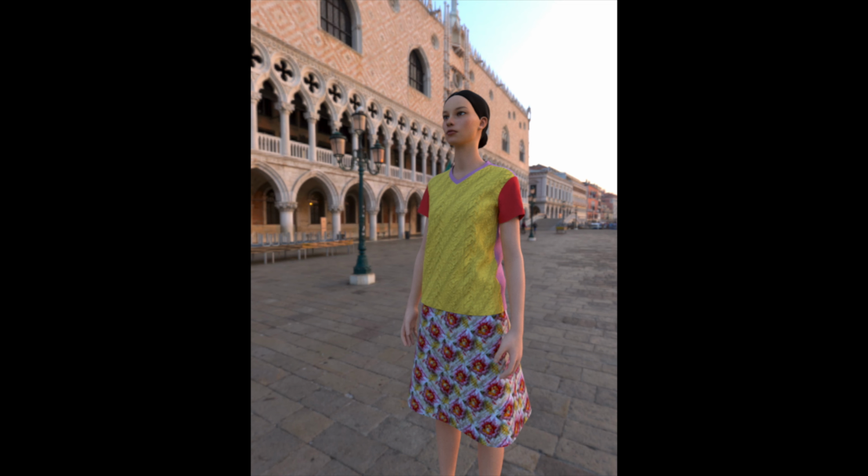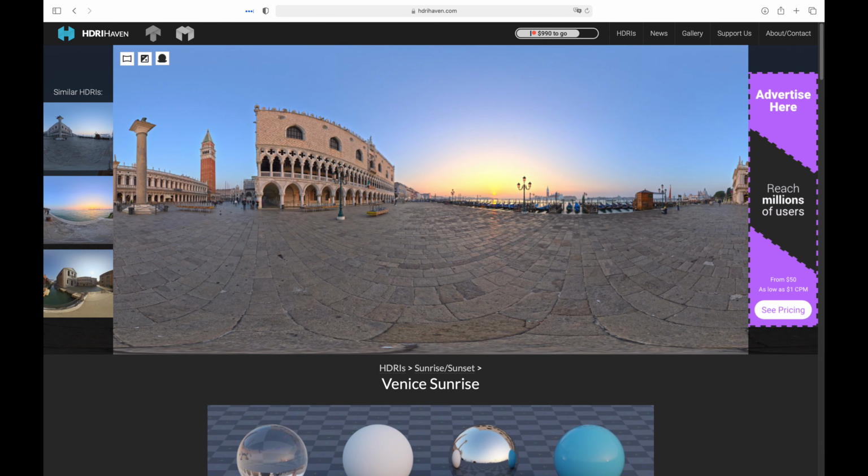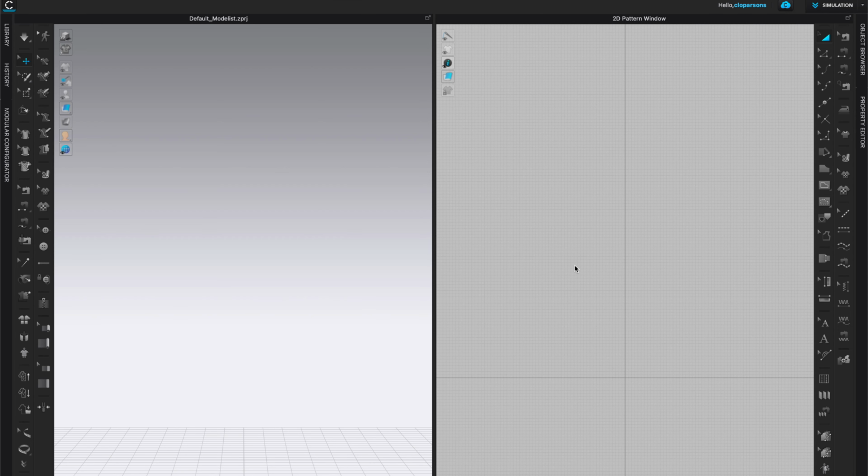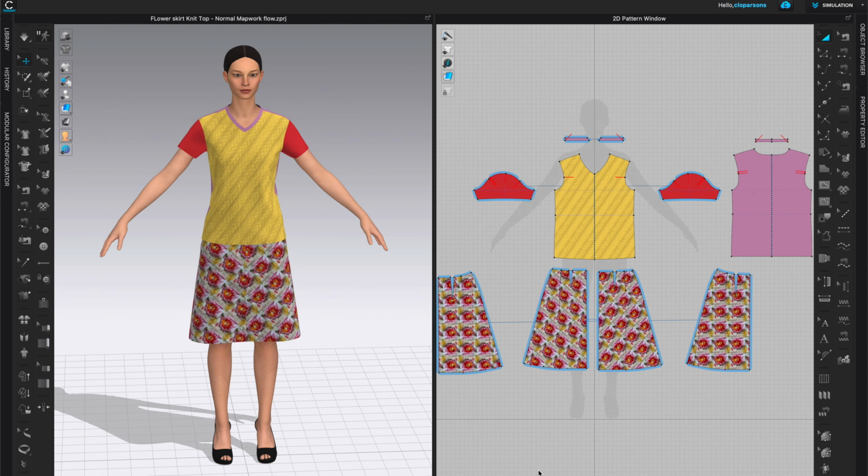In this video, I will show you how to create a beautiful environment with a simple image, and we're going to use HDRI images to create a beautiful background. First, we need to get whatever you would like to have in that environment, so let's open up that file. I'm going to work with the file we used for the normal map.